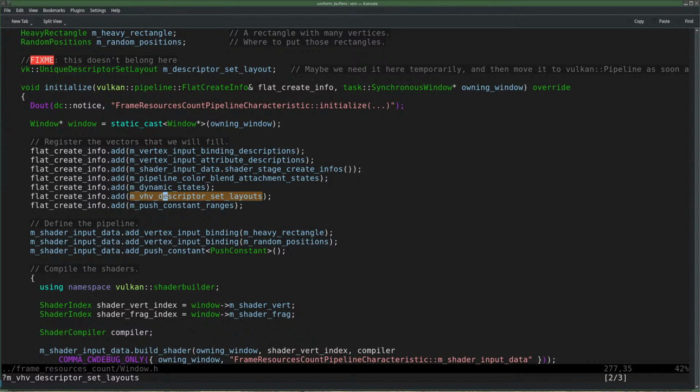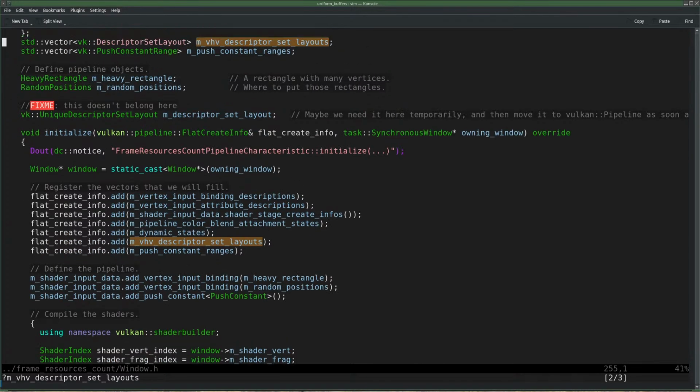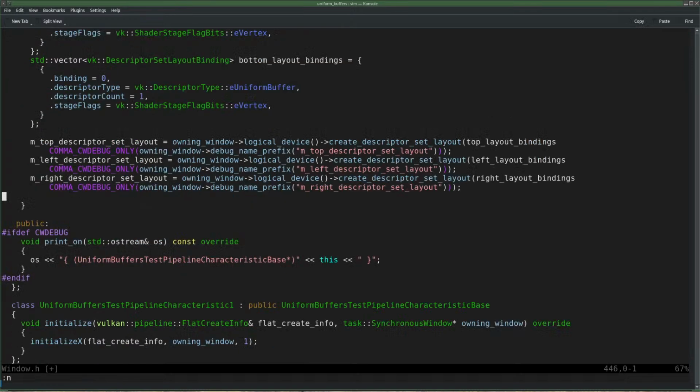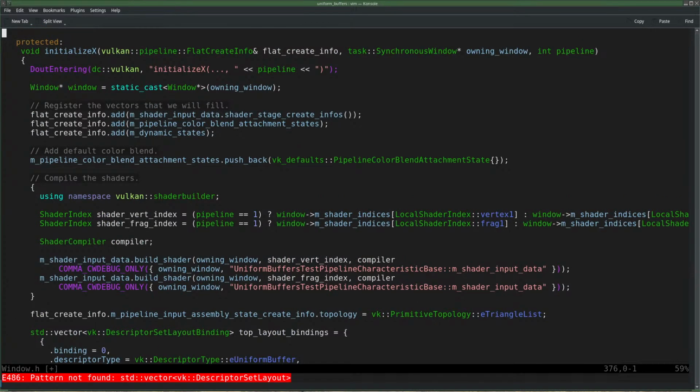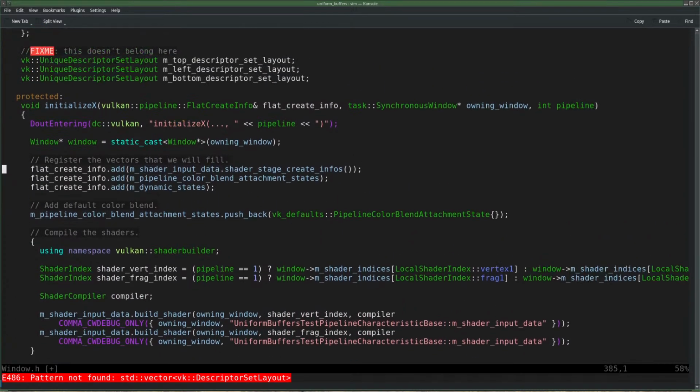Okay, the type of the thing is a vector of descriptor set layouts. So if we go to the other one again, and I have here, I don't have it. Wow. That's impossible. That would never work. Why? It did work, namely, so that's really annoying.